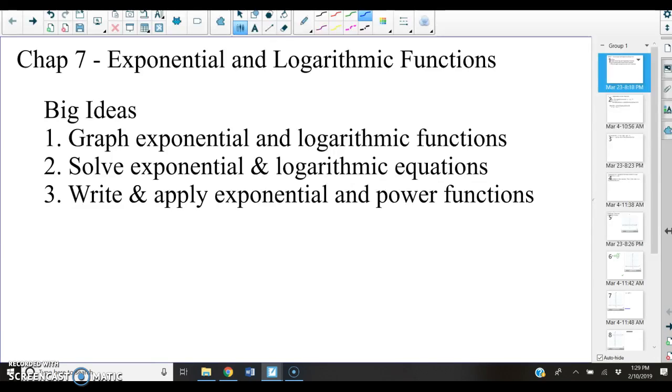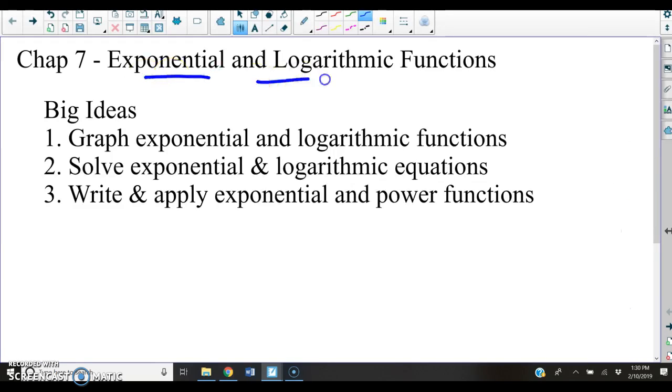We are ready to get rolling into Chapter 7. Chapter 7 is working with exponential and logarithmic functions. Okay, so exponentials we're going to look at in this first lesson, and logarithmic is what we will learn will